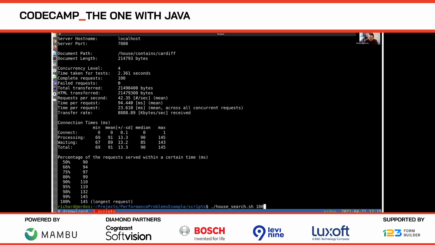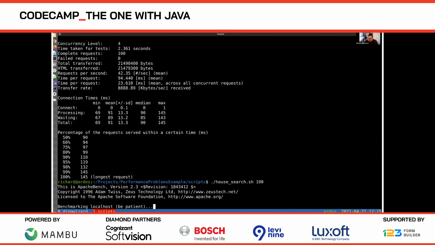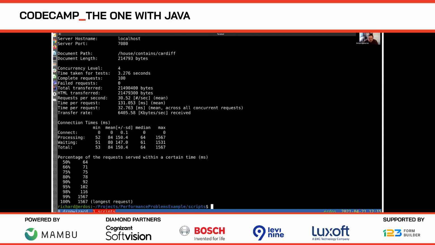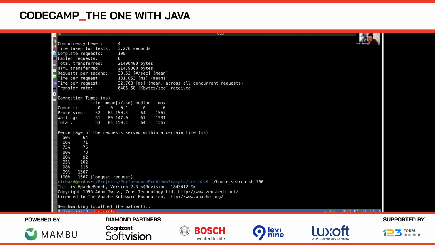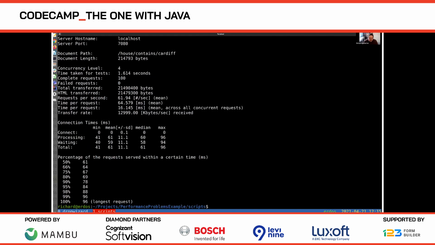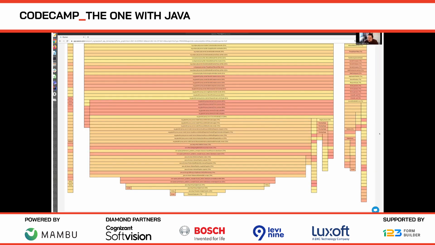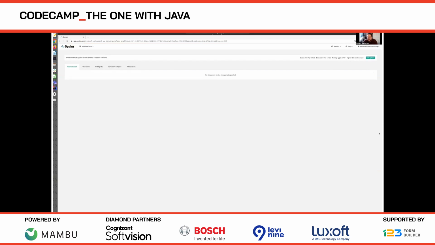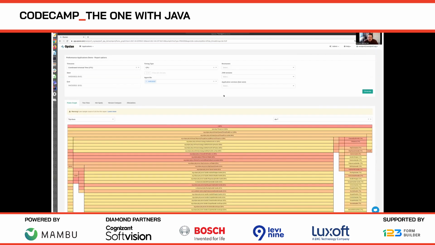Okay, so let's rerun our little benchmark harness. We can see things are a bit improved. They were like 90, 95 before. We've still got our worst case hanging around. We can rerun it again and see if that changes things. And again, we're in a similar range. So we've got things improved, maybe about 30% better than they were before. So hopefully, in my mind, I've fixed this string comparison related bottleneck.